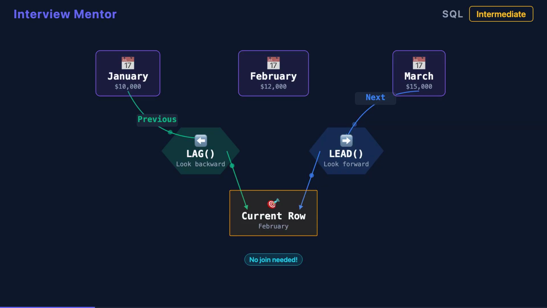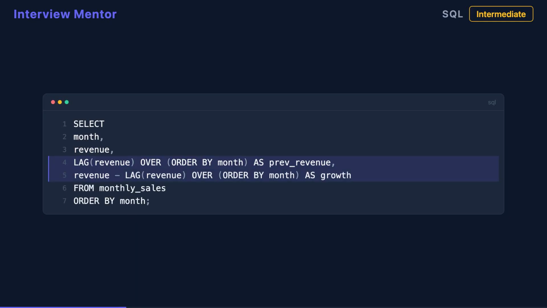Instead of creating two copies of your table and joining them together, you simply reference the row you need relative to your current position. The classic use case is month-over-month analysis. Imagine calculating revenue growth. With lag, you can grab last month's revenue in the same row as this month's, making the calculation trivial. You can also detect gaps in sequences, compare consecutive timestamps, or calculate running differences, all without the